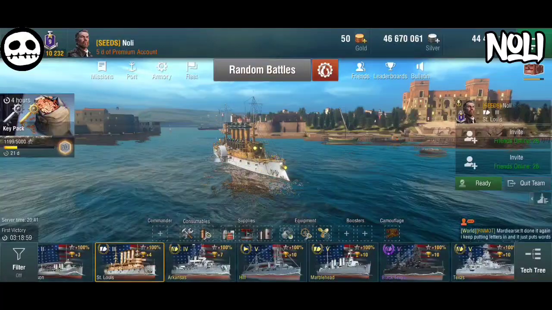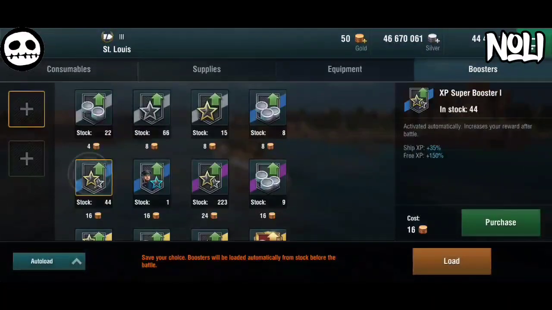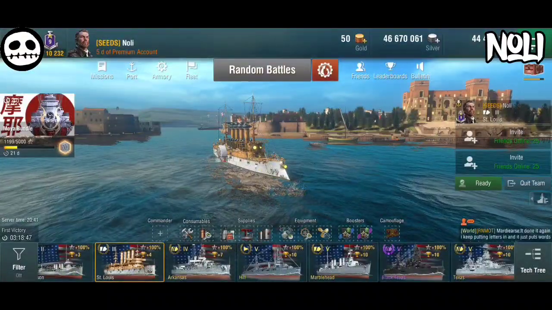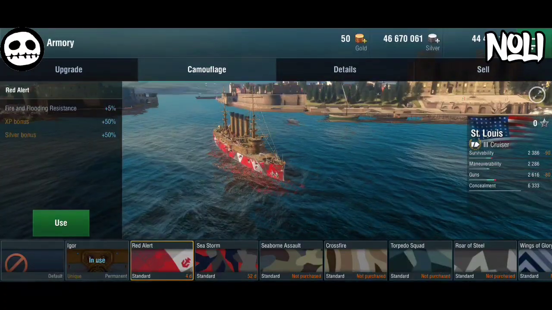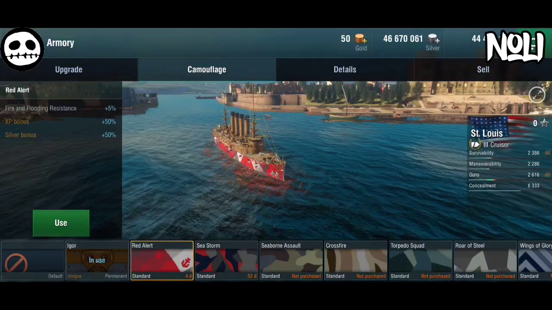Usually tier 1 to 5 or 6 is relatively fast to grind. Just use the boosters, use the blue one, it's relatively easy to find. Use the purple one, and if you have it, you can also take the camo. For example, I have this red alert, it gives you 50% extra. Sometimes there is an event where you can get 65 or even 100% XP